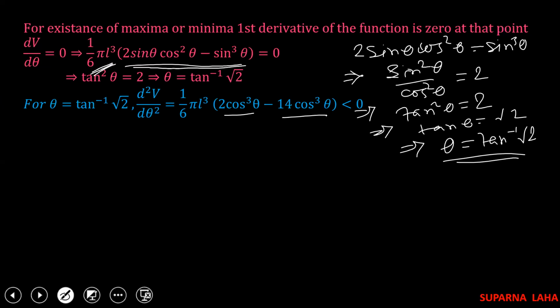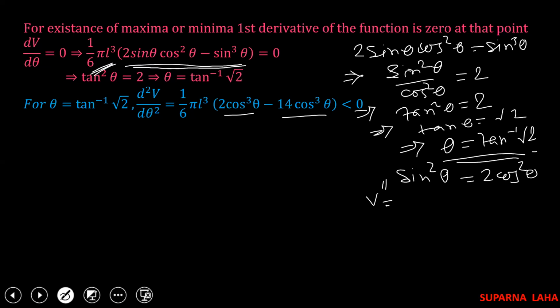Just put this value, sine square theta is equal to 2 cos square theta. Don't put theta is equal to tan inverse root 2, otherwise you need to simplify it again, since this second derivative, that is V double dash, is given in this form, that is